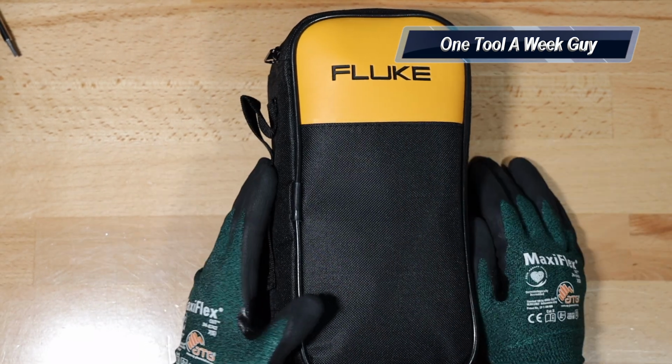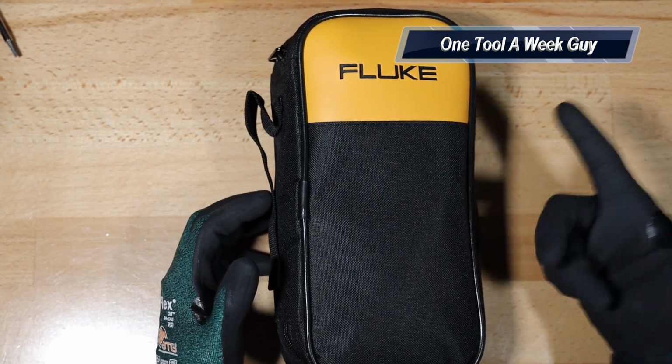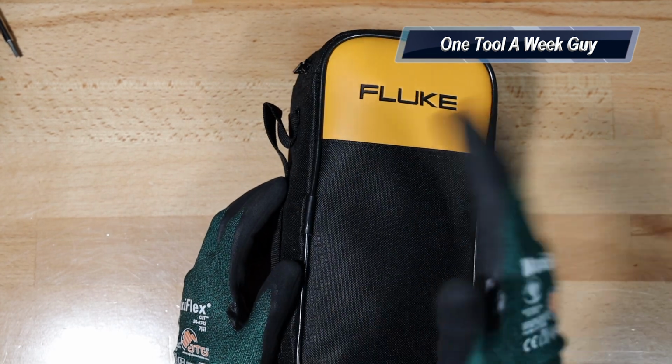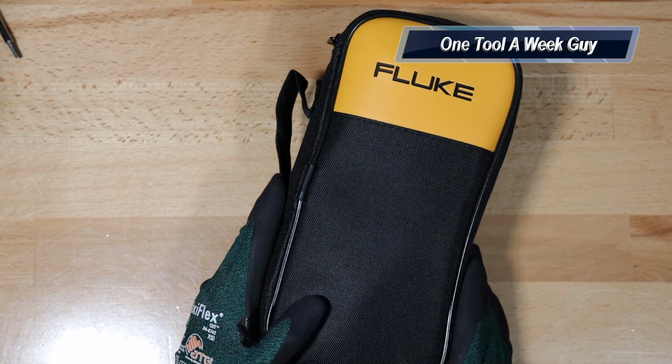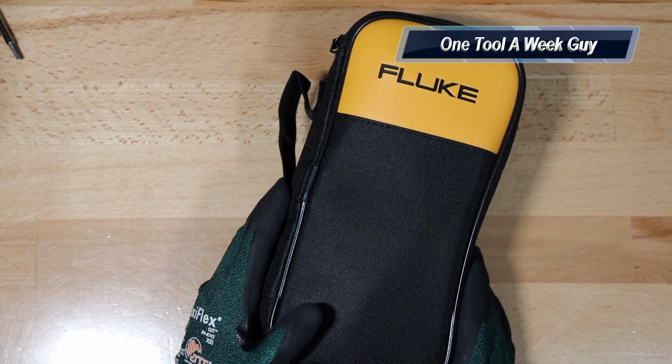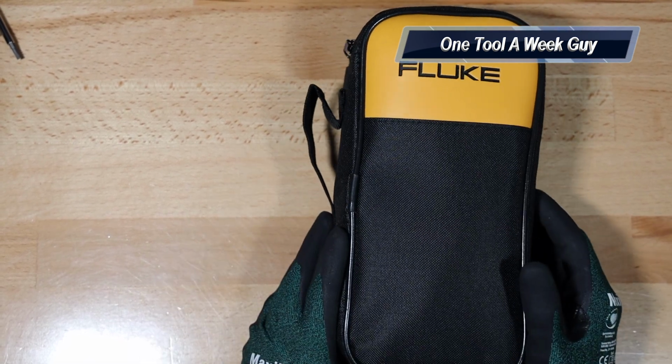It's very important to do electrical work. For you electricians, this is probably your life. HVAC meters are probably going to be your life also. Plumbers, this is going to help you out a lot with water heaters, pumps, lift stations, anything you're going to be working on as far